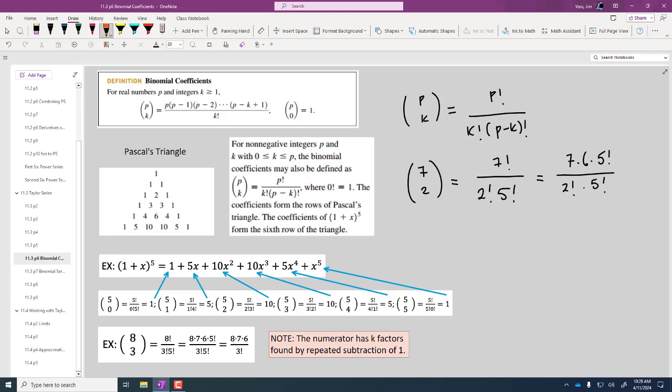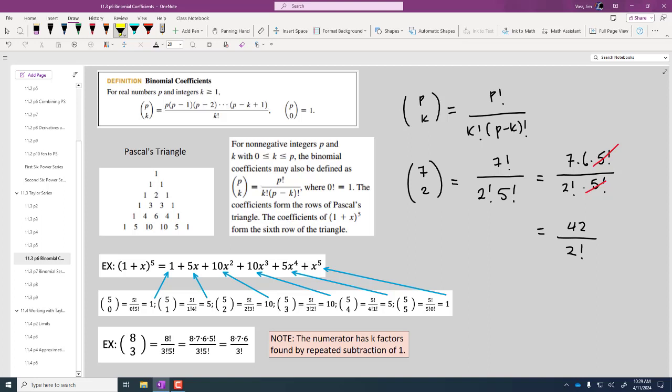Well, you can cancel out that 5 factorial with the denominator, and you can actually write your binomial coefficient in a way that there's no factorial in the numerator. There's still a factorial in the denominator, but there's no factorial in the numerator. I would never write this formula down the way it is, because that's super complicated looking. But the idea is this: